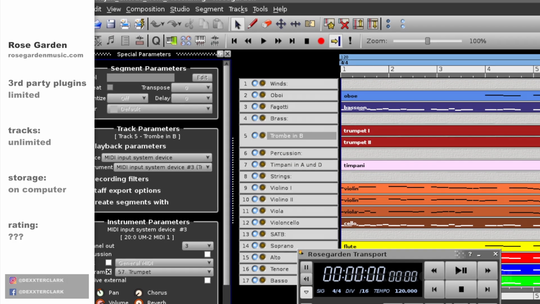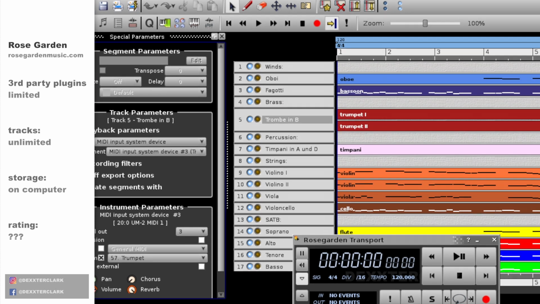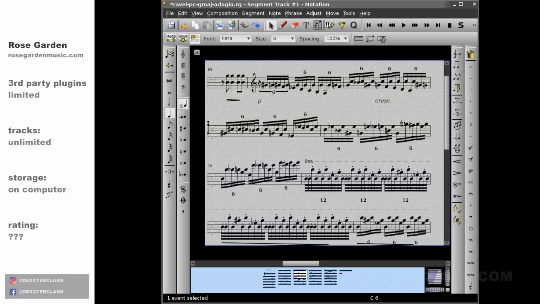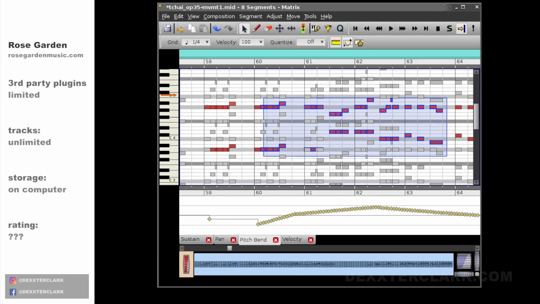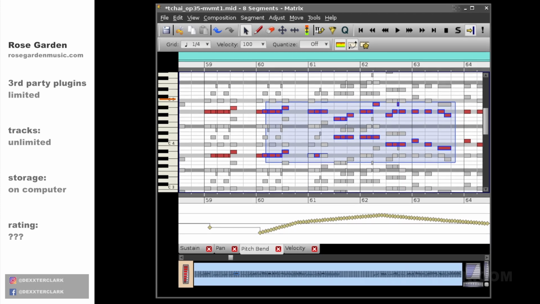Another free DAW for Linux is Rosegarden. Rosegarden is mainly a MIDI sequencer, meaning that it was first built as a program to make music with notes and sheet music. Later they added audio support, but I suspect the support to be very minimal, although it supports audio routing and